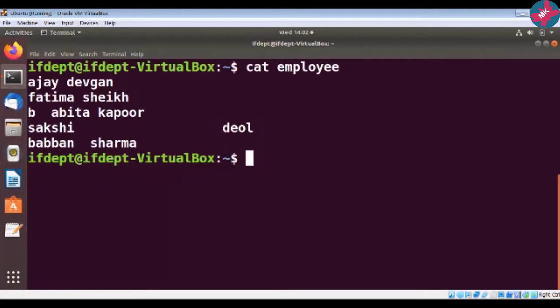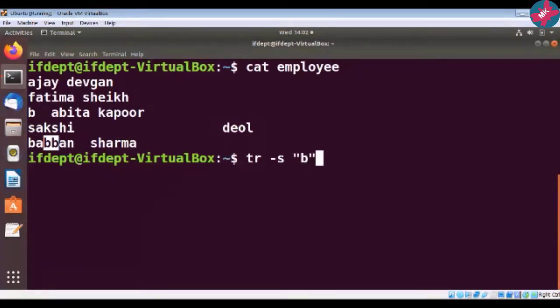Now there is one option in the tr command which can squeeze the characters. Means what? Suppose I'll show you one example. tr minus s. Now suppose in Babban I want to remove this extra B. So what syntax will I use here?